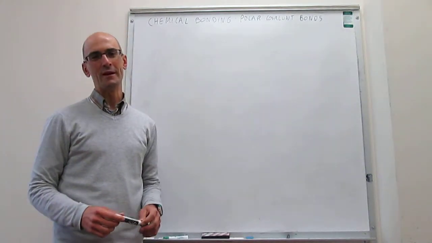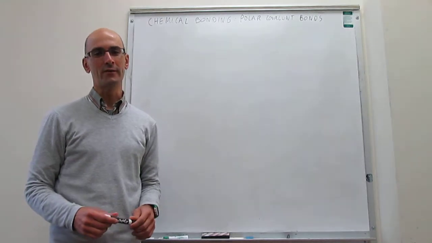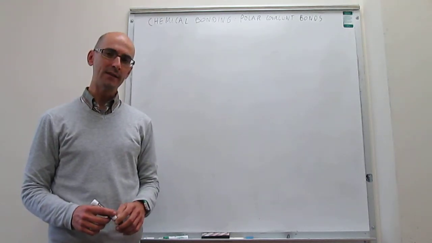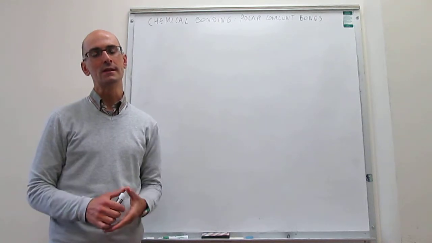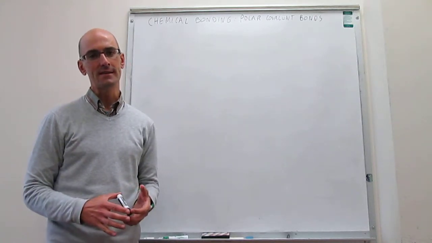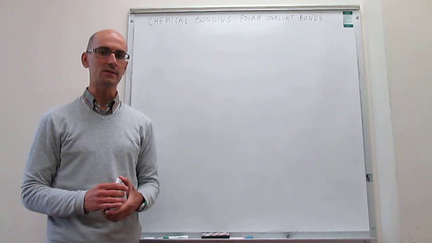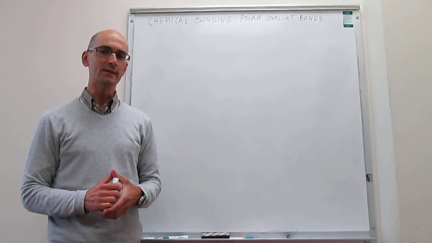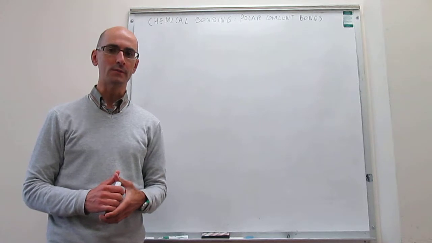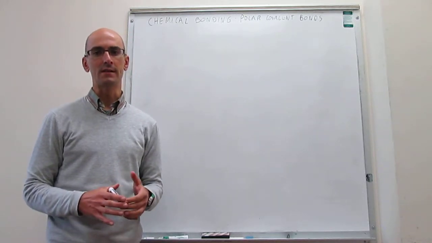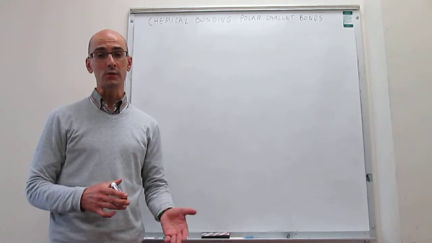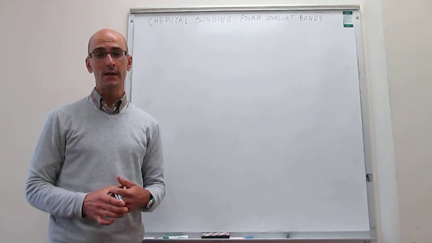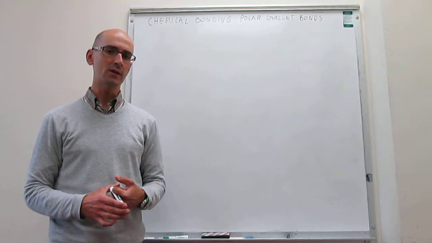In a prior video, we have introduced the concepts of ionic and covalent bonding. We have said that an ionic bond is formed by the transfer of electrons between two species to generate ions that establish electrostatic interactions. And then the covalent bond is simply the sharing of electrons between two atoms that forms a stabilizing interaction. Now, we can talk about intermediate cases between covalent and ionic bonds, which are actually quite frequent